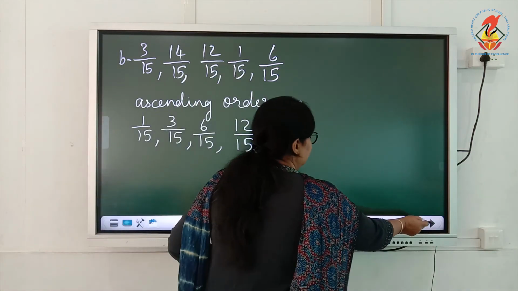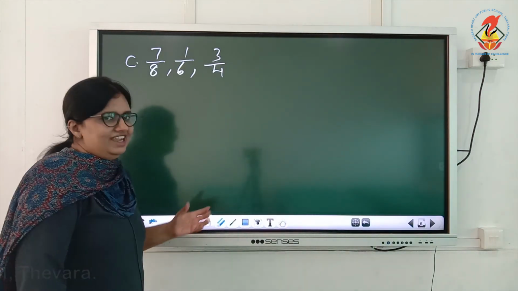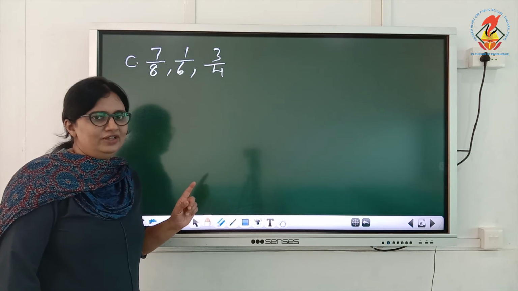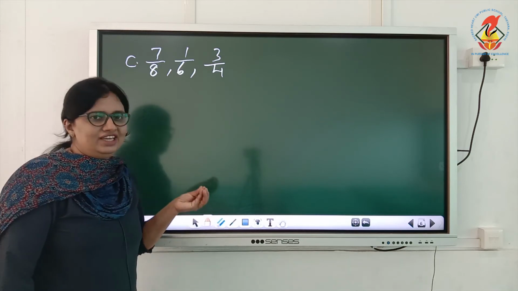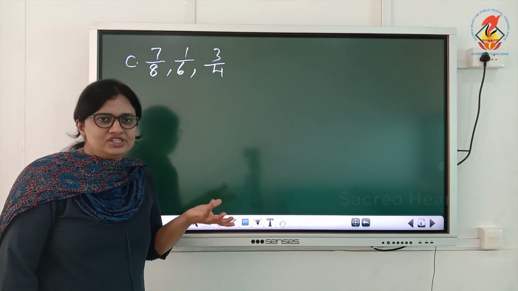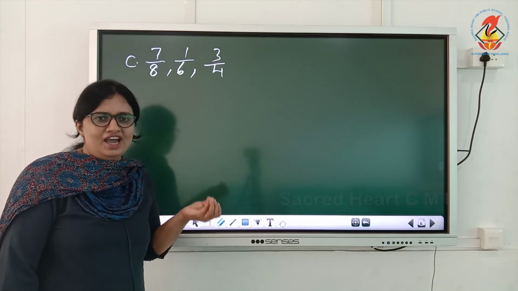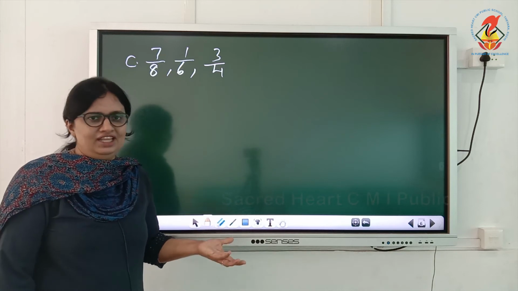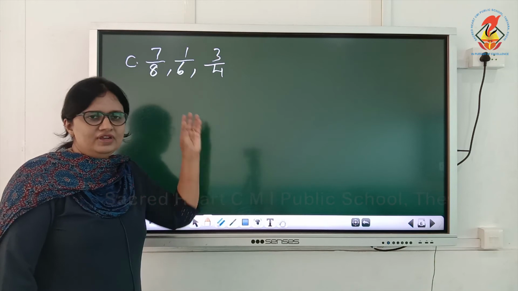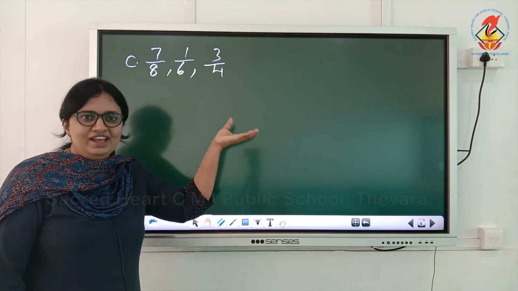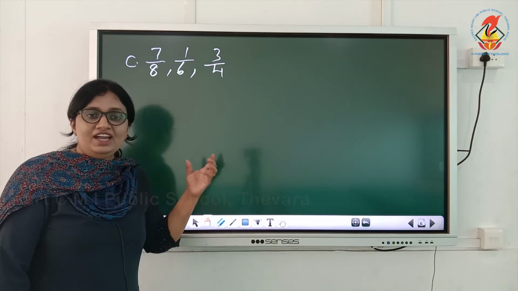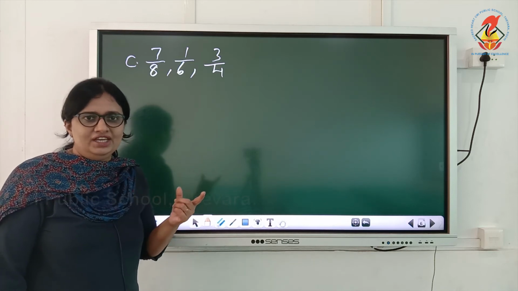Okay. And the next one is, it is not like fraction. What we want to do? I told you first, right? When you are getting unlike fraction, first we need to change it into like fraction. After that only you can arrange in ascending or descending order like that. Here we need to arrange in ascending order. First we need to change it into what? Like fraction. How can we change it into like fraction? For the addition and subtraction I taught you, right, how to do this.